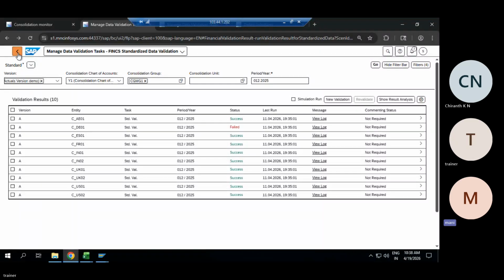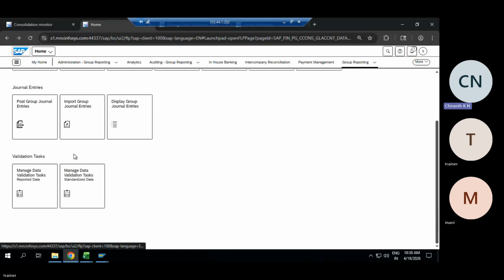I'm just ending the session for today. We'll also deep dive into further concepts. Small topics we'll be taking up and covering in the sessions. Okay, bye bye. Maybe next class you can show me how to add the new kind of validation rules. That will be helpful for me.